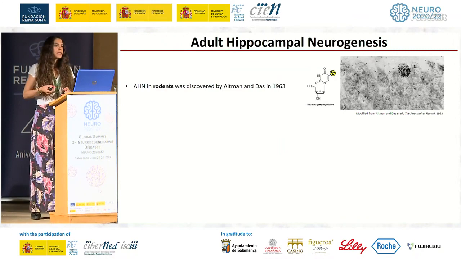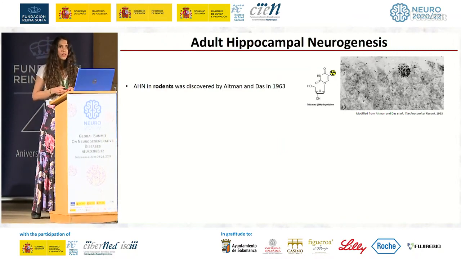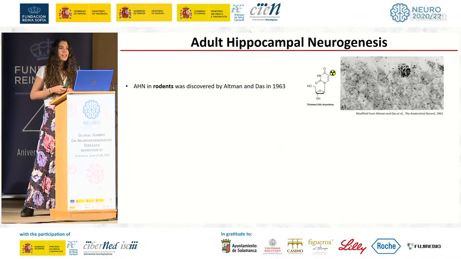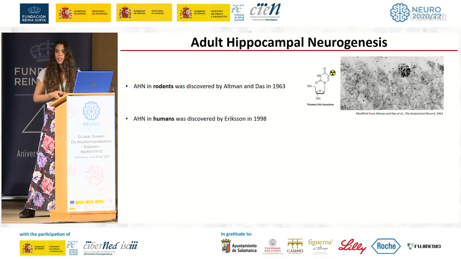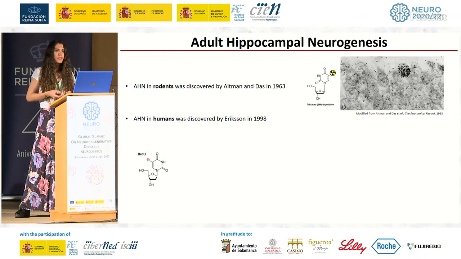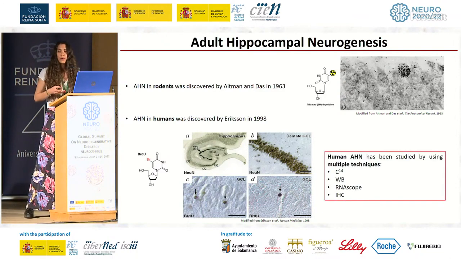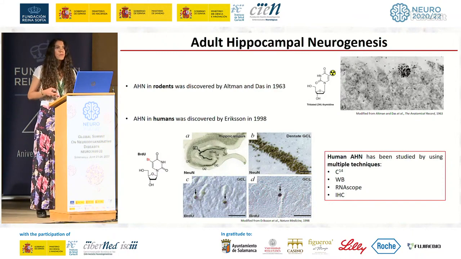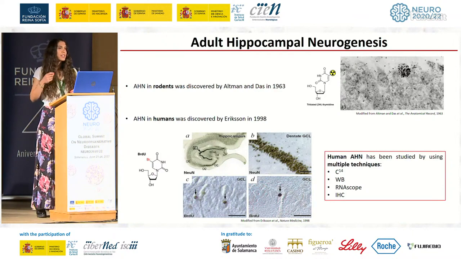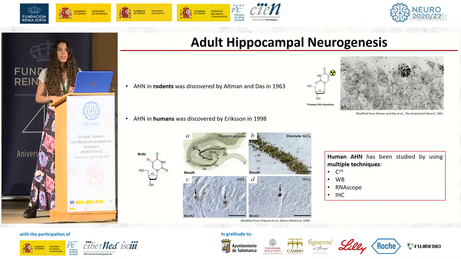Adult hippocampal neurogenesis has been widely studied in rodents and non-human primates since its discovery in 1963. In 1998, Eriksson suggested the occurrence of this process in humans. A cohort of patients with cancer were treated with BrdU, and after they died, Eriksson observed BrdU-positive dentate granule cells. Subsequently, human adult hippocampal neurogenesis has been studied by using multiple techniques, such as the incorporation of carbon-14, Western blot,